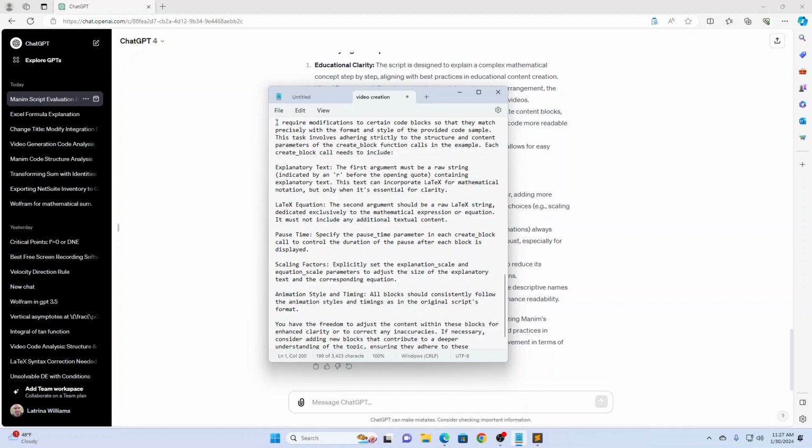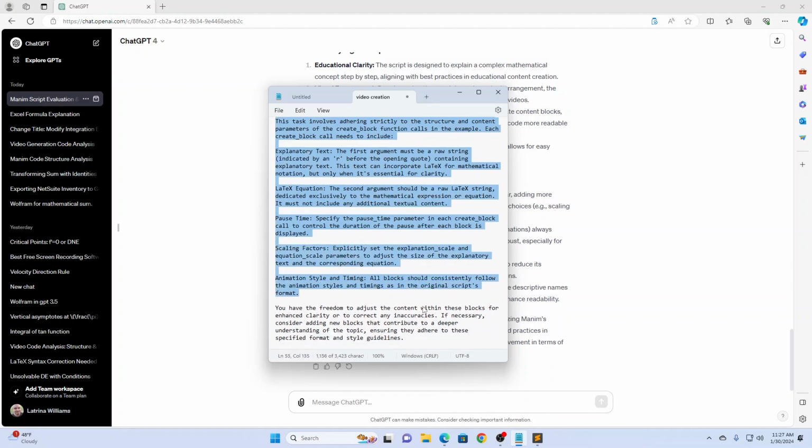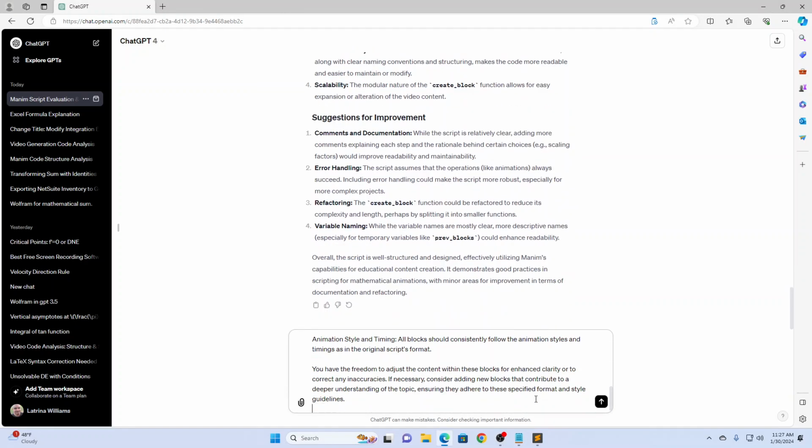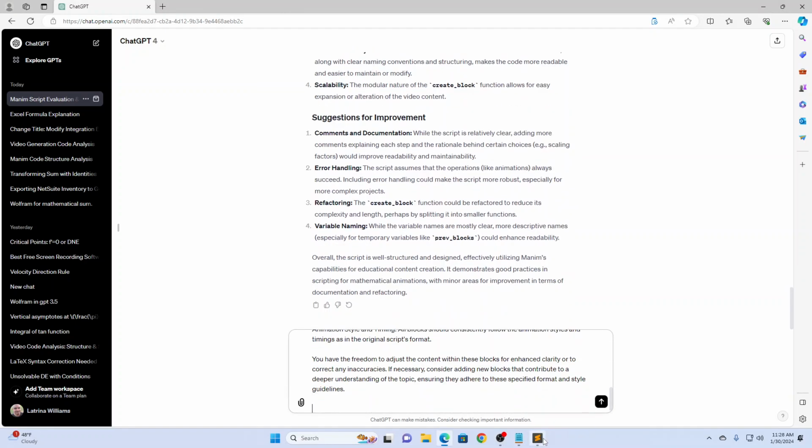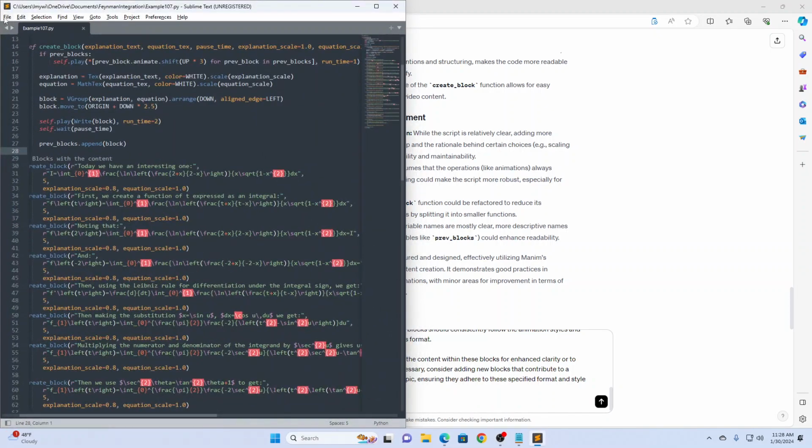Okay, so I'm going to copy this text over. And then at the end, it also says you have the freedom to adjust the content within these blocks for enhanced clarity or to correct any inaccuracies. I don't think there should be any inaccuracies in this because it's a video I uploaded previously, and I usually check them pretty thoroughly to make sure everything's good. So anyway, I'm going to copy this in here, but now I need to provide it the actual blocks I want to edit. And I am editing